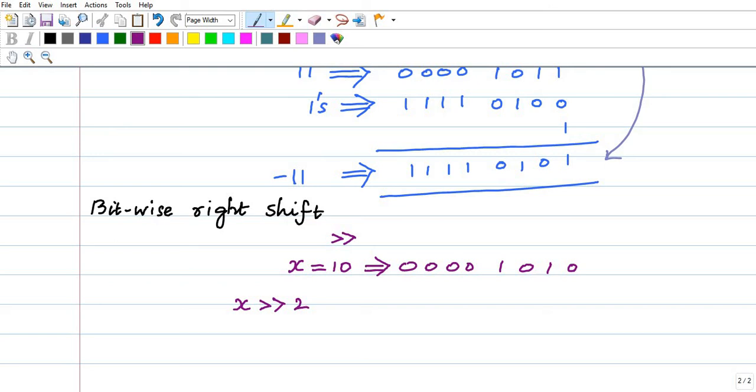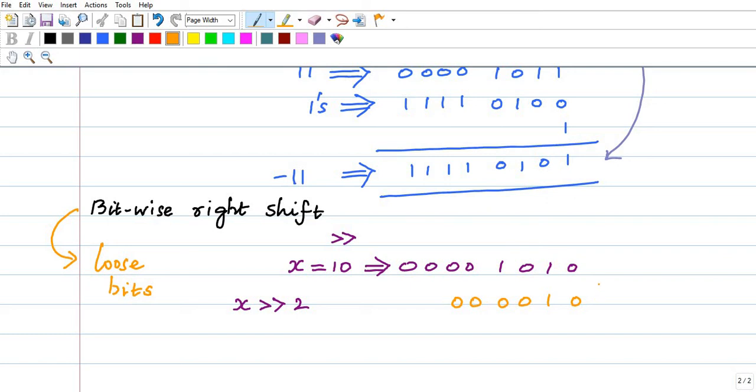Always remember that right shift will lose bits. I'm right shifting this by 2, giving 0000 0010. The last 10 will go. This is not a circular shift. If it were a circular shift, this 10 would come here.